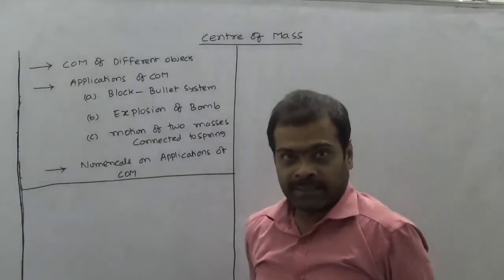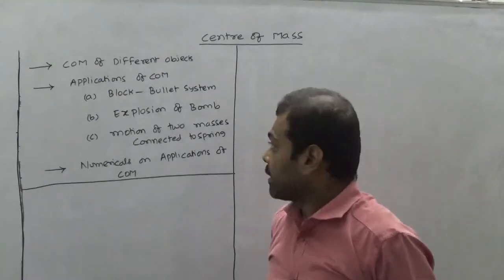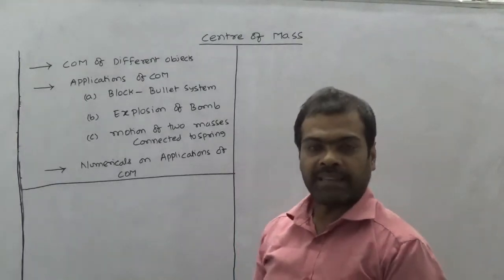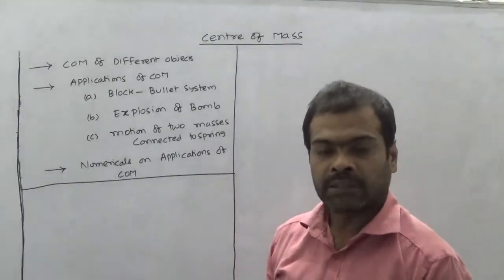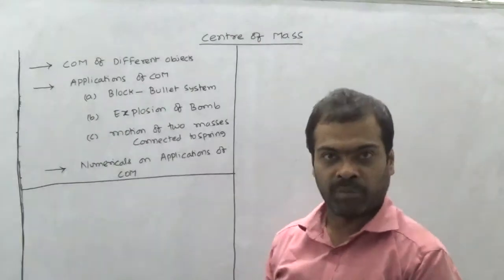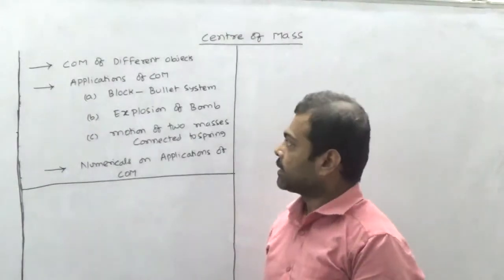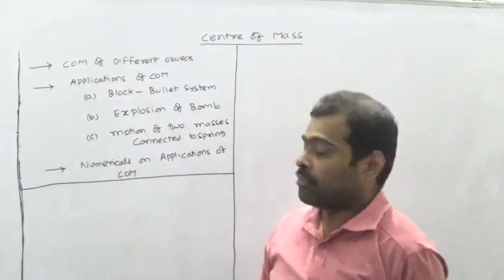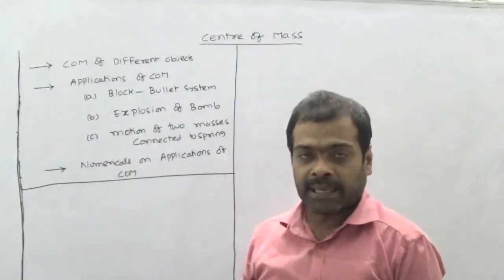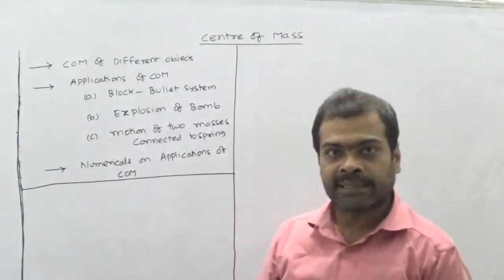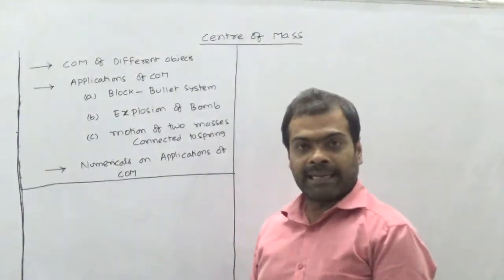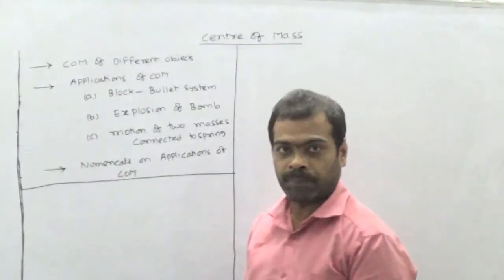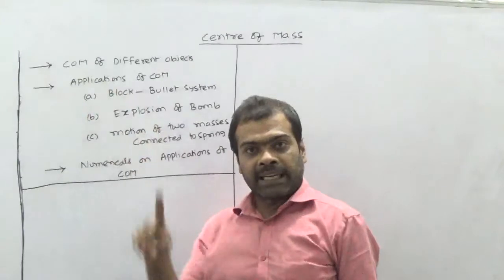Good morning, students. In my previous lecture, I explained the definition of center of mass and then the position, velocity and acceleration of center of mass. In this lecture, I want to discuss the center of mass of different objects like semicircular ring, semicircular disc, hemispherical shell, solid hemisphere, solid cone and then hollow cone. Like this we are having the center of mass.